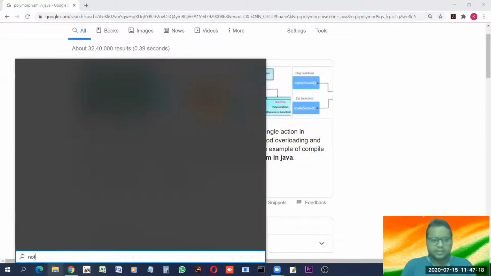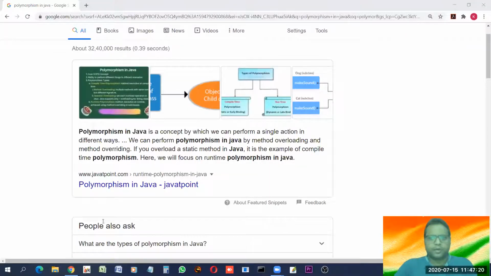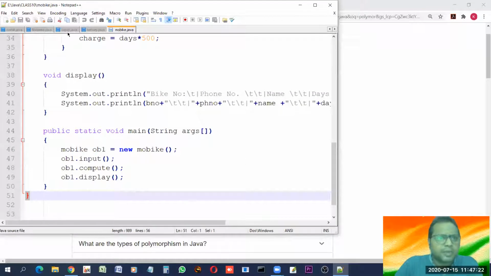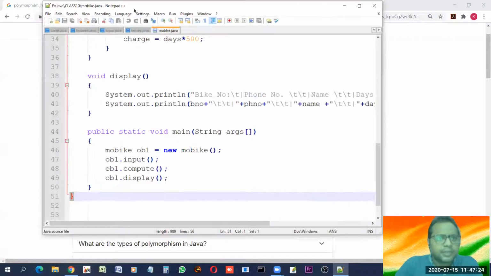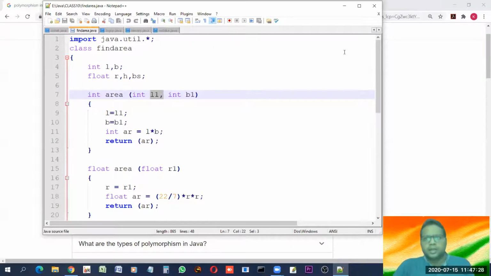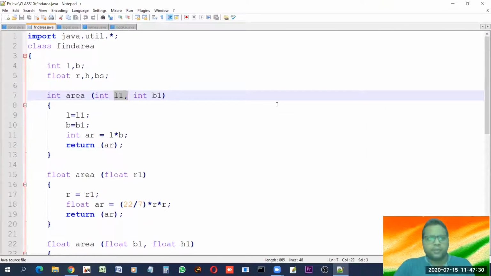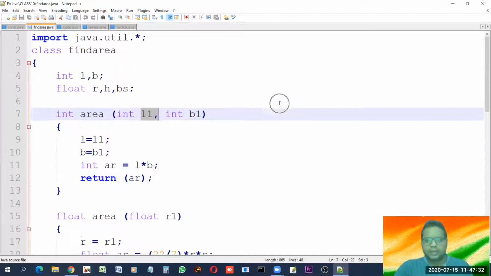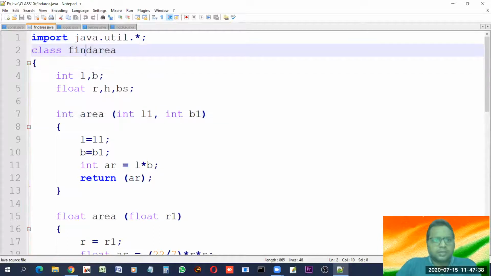In the last video, I made one program, so it may take some time. Yes, maybe this is it. Look at this program very carefully, okay? And this will help you understand what exactly polymorphism means. As you can see the name, find area.